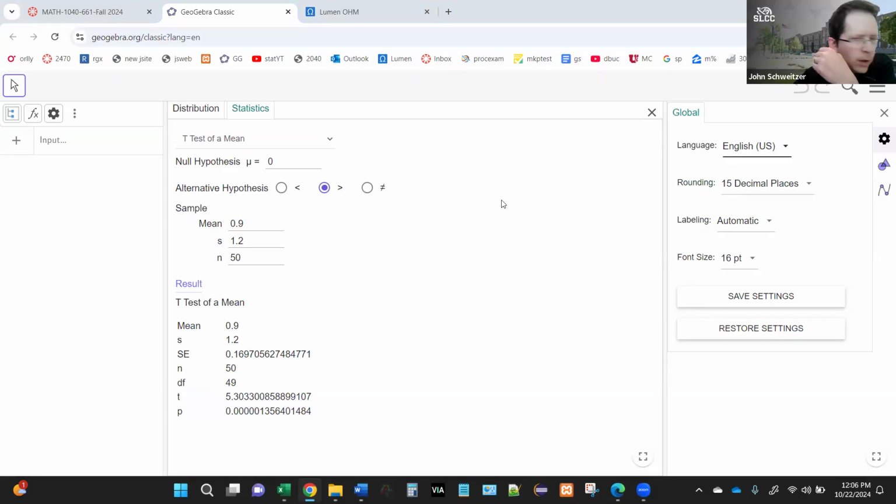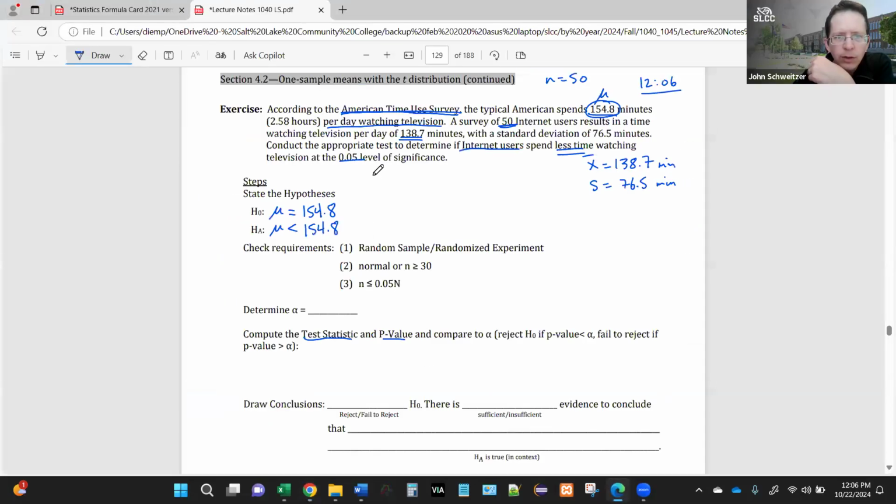Good, you bet. All right, let's have a look at this problem here. So do people who actually use the internet, do they watch less television than everyone else? And again, great, Sarai's got it. And yeah, that looks exactly correct. We're going to fail to reject. Perfect. So the idea is, do internet users watch less TV than non-internet users? And nowadays, it's like, who doesn't use the internet? So I'm kind of imagining this study was done maybe like 20 years ago, before the internet was quite as ubiquitous as it is now. But anyway,